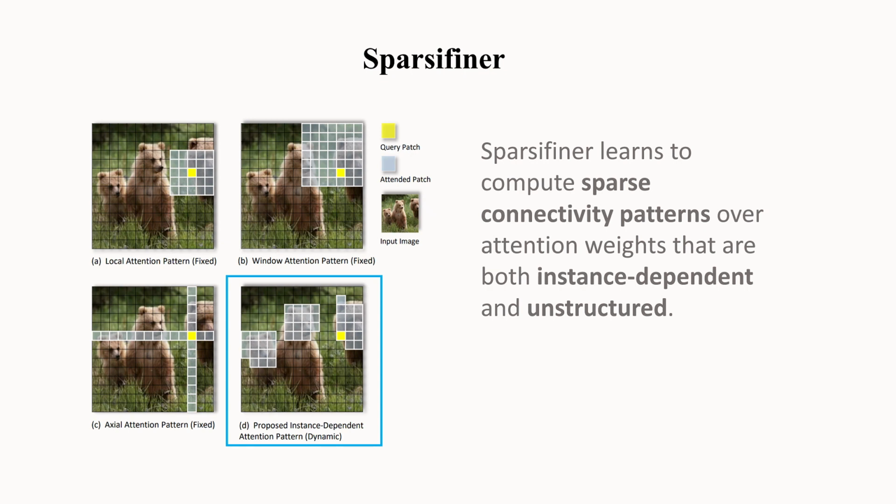To address these challenges, we introduce Sparsifiner, which learns to compute sparse connectivity patterns over attention weights that are both instance-dependent and unstructured. The instance-dependent nature of the attention pattern allows each token to use its limited attention budget of non-zero elements more efficiently than fixed patterns. Furthermore, Sparsifiner improves attention pattern flexibility compared to token pruning by pruning individual connectivities rather than entire rows and columns